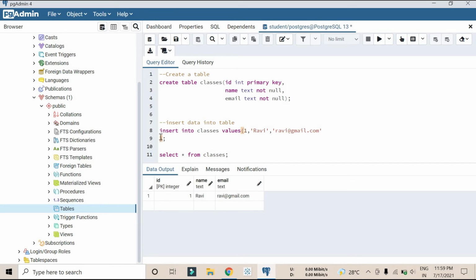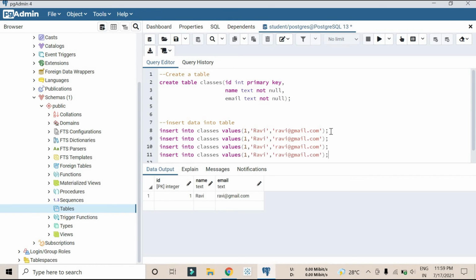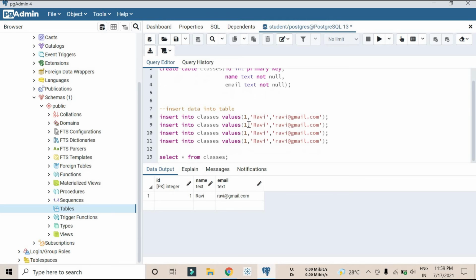If I want to do like this, let me copy it and paste it 2-3 times so that I can change some of the values, like it's 2, it's 3, it's 4.